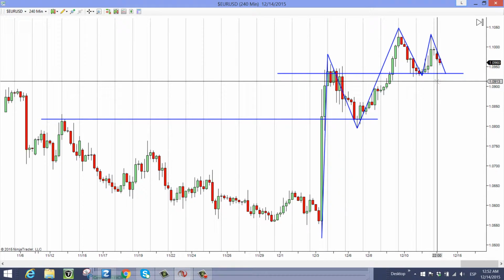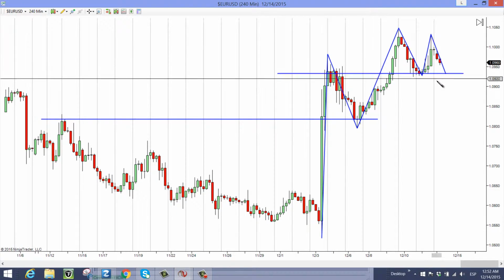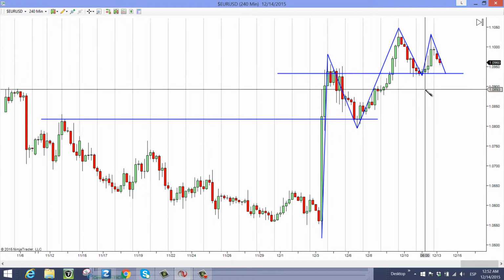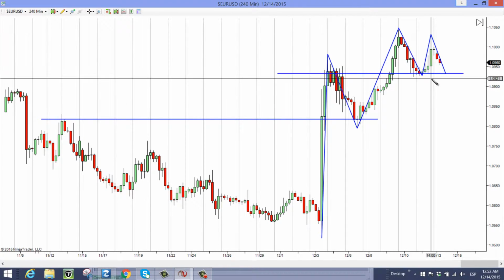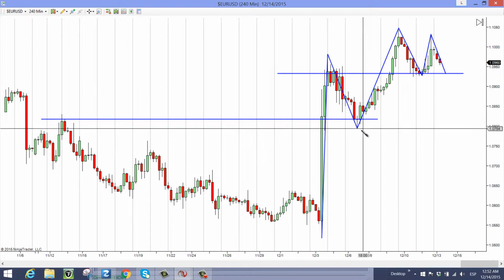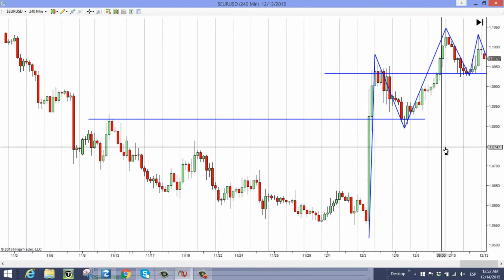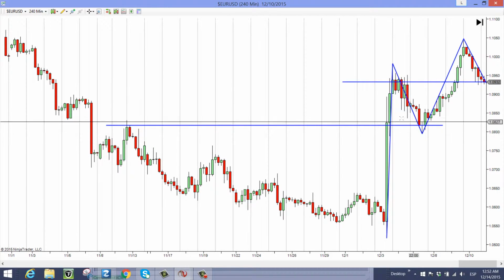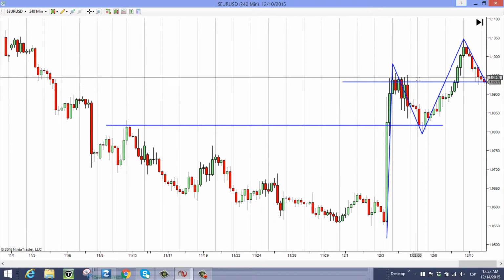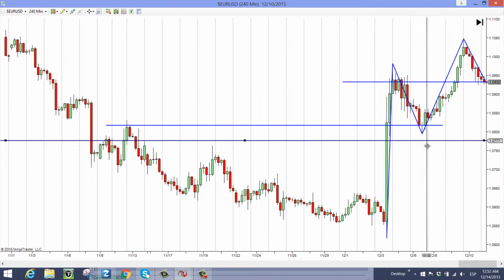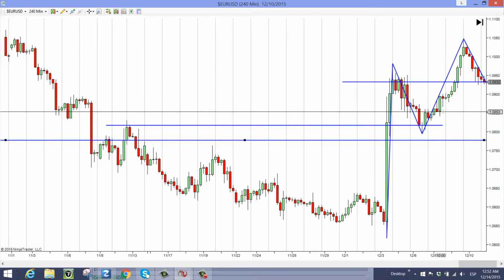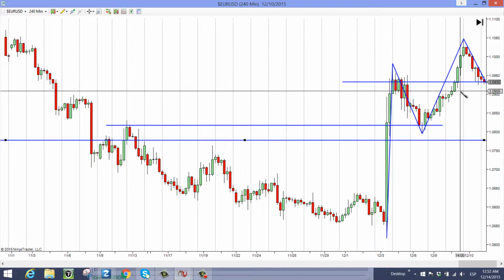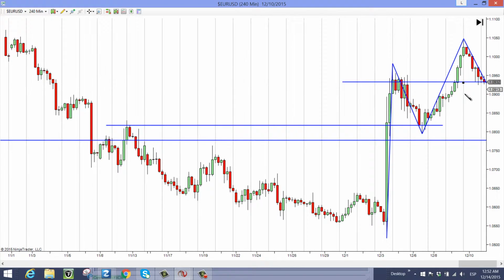For me, my stop should be right down this level because this is already on its structure right here. I'm not supposed to put it down here. I have to wait for the market to go here for confirmation, or take it right up here, but my stop has to be right down here, sorry, and my risk is going to be something like this, and my reward,